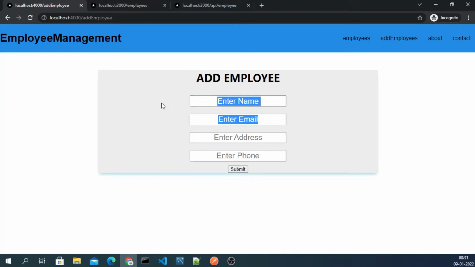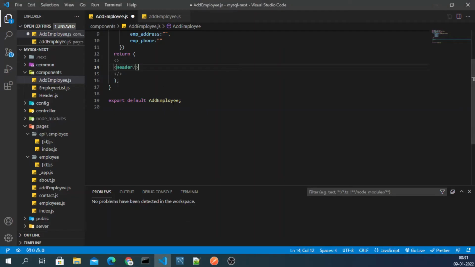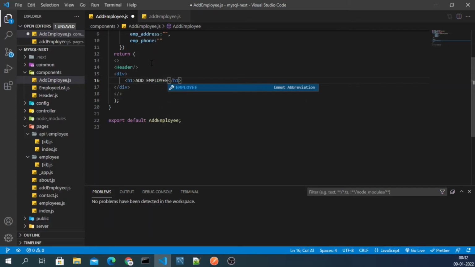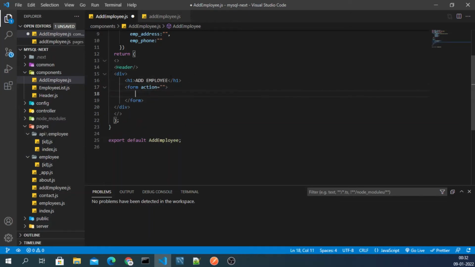Okay, so for that I will write just below the header a div, and inside the div first is h1, and inside h1 I will add employee like this, and just below the h1 we have a form like this. Okay, and we are not using the action here, right?